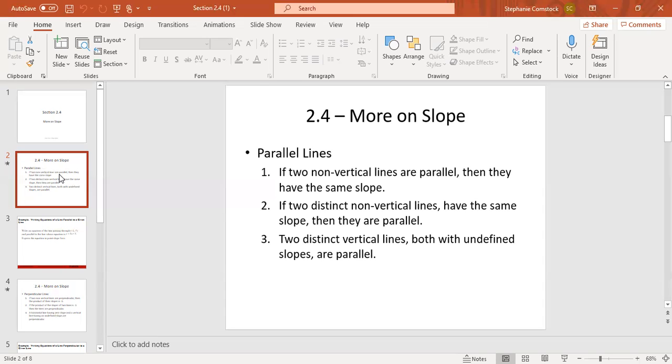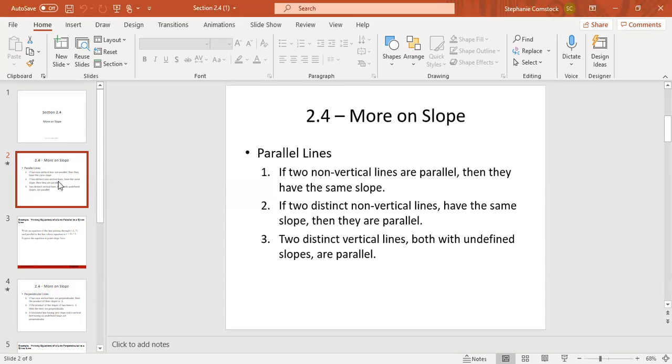Now, in both of these scenarios, they talk about non-vertical lines, and that is because they all have slopes. So positive, negative, and even horizontal lines that have a slope of 0 all have slopes that can be compared. Vertical lines that have undefined slopes cannot be compared. So therefore, as a statement of fact, two distinct, meaning separate, not the same, vertical lines, both with undefined slopes,